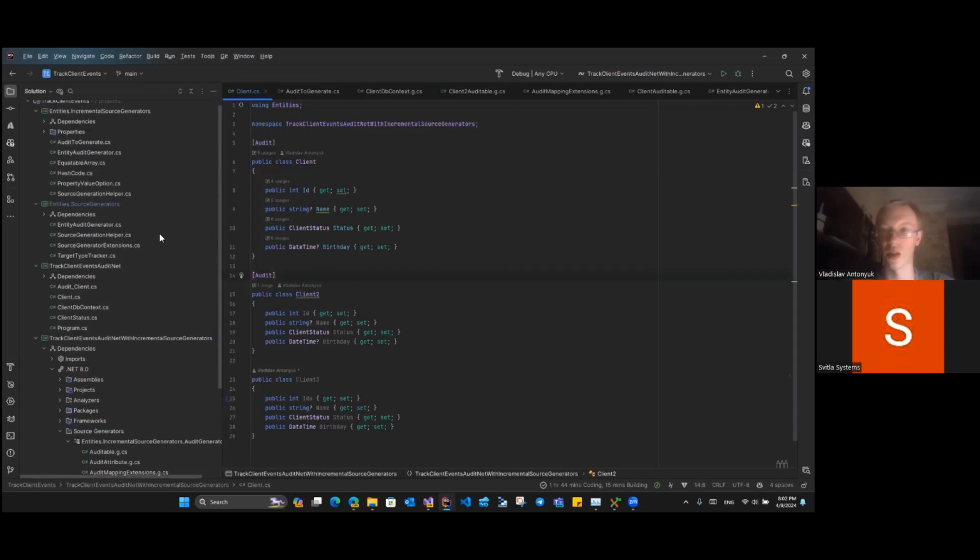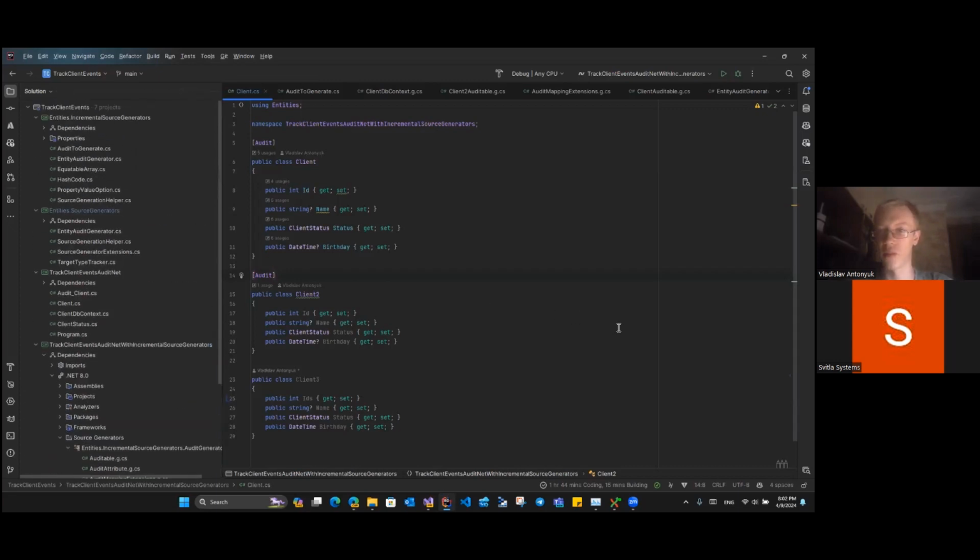So what is the benefit? After compilation, you get compiled code, so you don't need to use reflection. Reflection is slow. Compared to runtime, compile time is much faster because you already get compiled code. You do not need to track and analyze it during runtime. Yeah, and so everything is good with incremental source generators, but the problem is